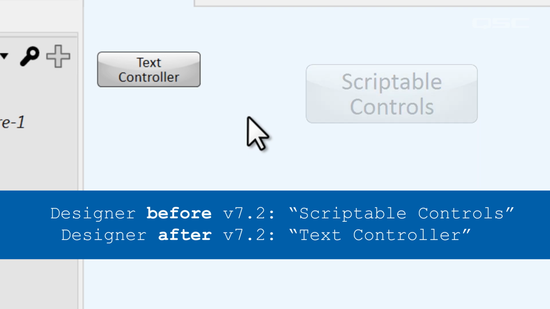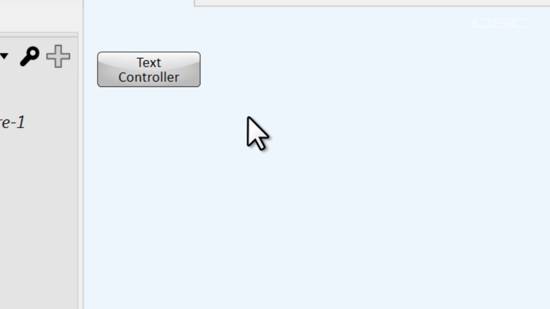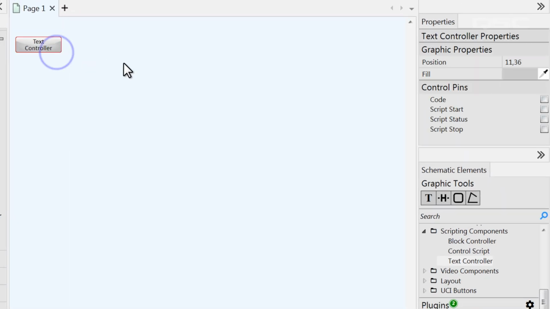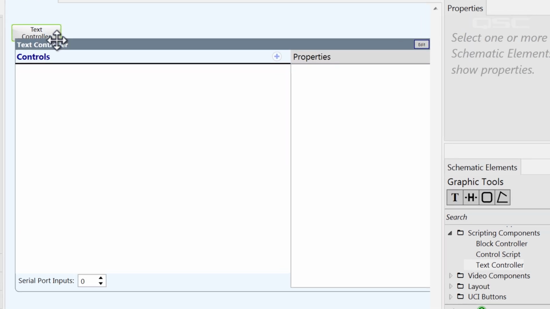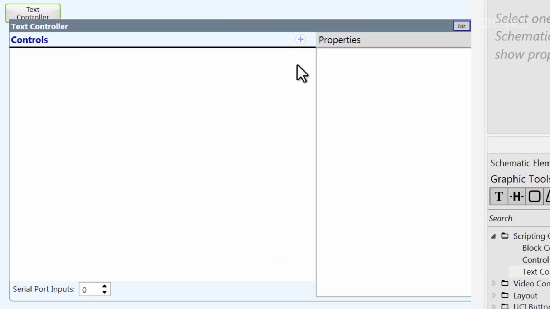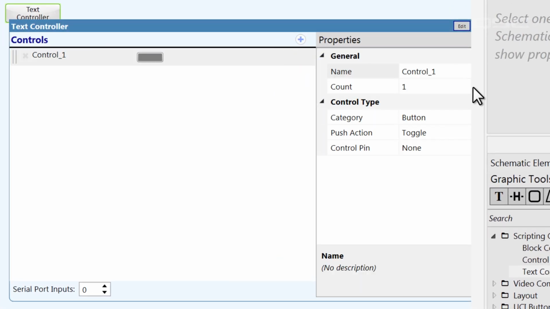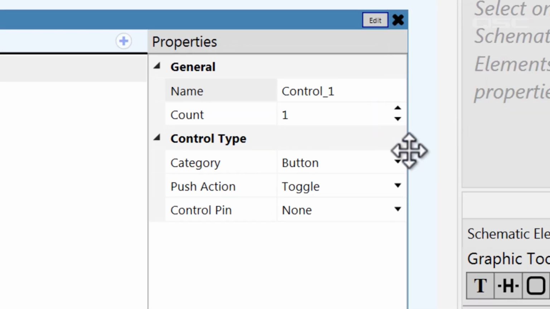We'll focus on the text controller version. The interface for adding controls in this component is different than the custom controls component, but the concept is the same. Rather than defining the controls in the properties, we can add them directly here in the control panel. Start by clicking the plus button to add a control,